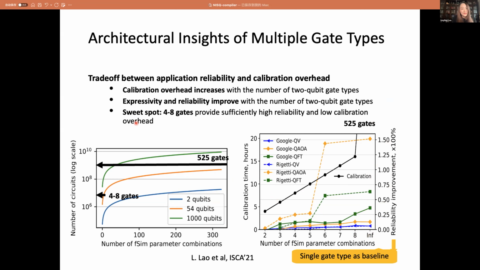And interestingly, we have some sweet spots. That is, if we have around 4 to 8 gates available, they could provide sufficiently high reliability and relatively low calibration overhead.